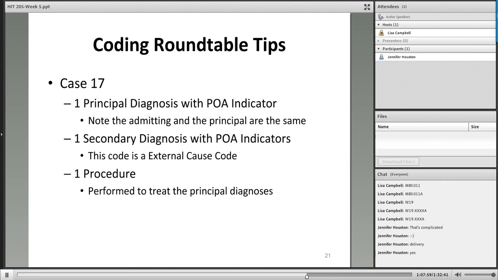And the index to external causes, it can really show 5 things. It can show the place of occurrence. That's what these codes can show. They can show the activity that the patient was doing. It can show external cause status,